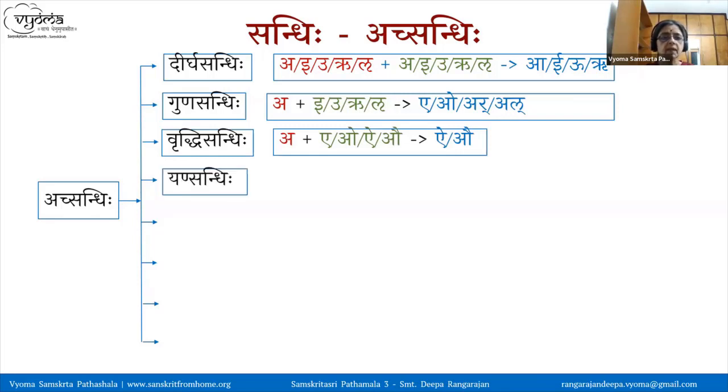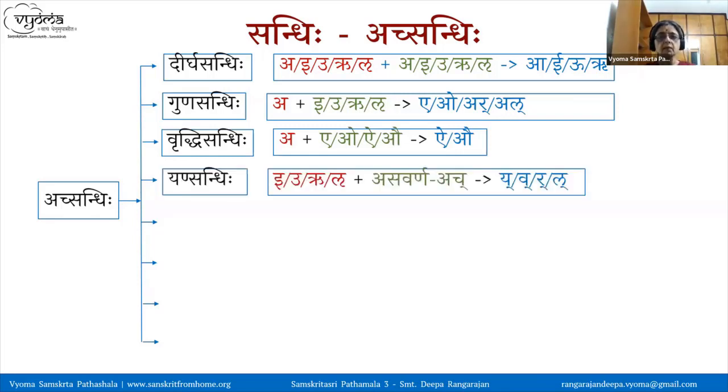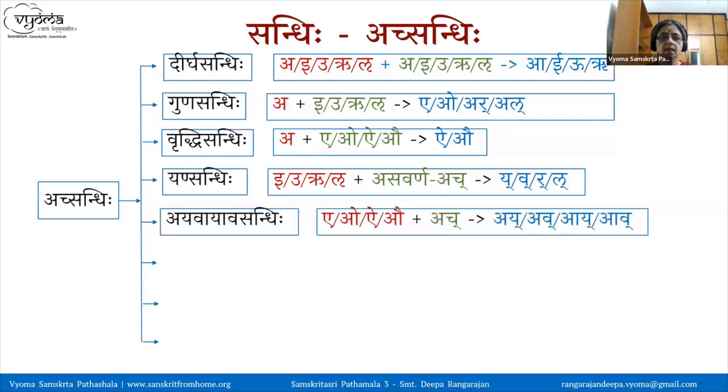In Yan Sandhi, I, O, R, L, or their Dirgha forms can be the first letters when they are followed by Asavarna Achvarnas, Asavarna Swara. So when they are followed by an Asavarna Swara, then the Adeshas are Ya, Va, Ra and La. In Ayavayava Sandhi, A, O, I, O followed by any Ach gives Ay, Av, Ay or Av. And in Purva Rupa Sandhi,